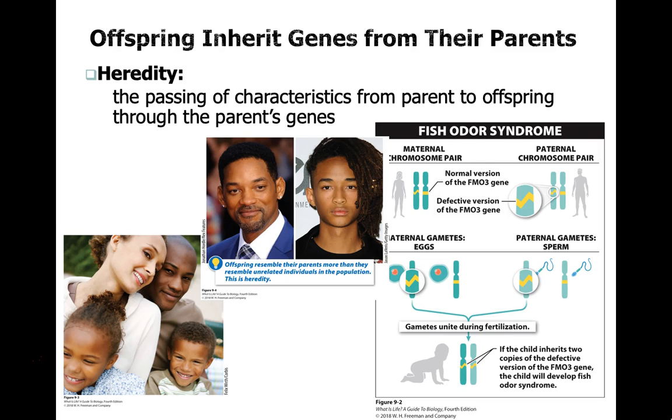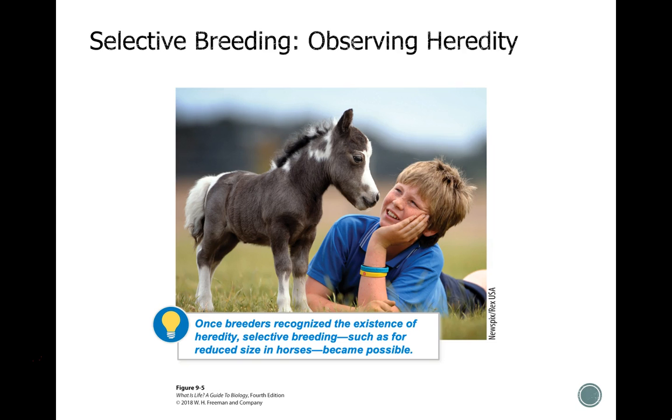You can sort of think of this as genes having different weights or different effects on individuals. So one way that we can see heredity in action is by looking at selective breeding. Humans aren't very good at selective breeding. We are generally not picking individuals so that our children have specific characteristics, although maybe we are just a little bit unconsciously. But you can really see this selective breeding when you look at things like dog breeds and